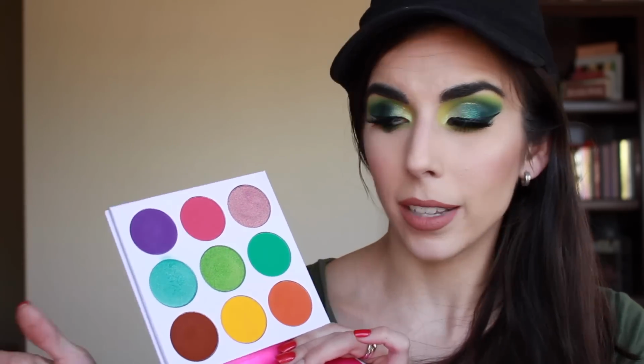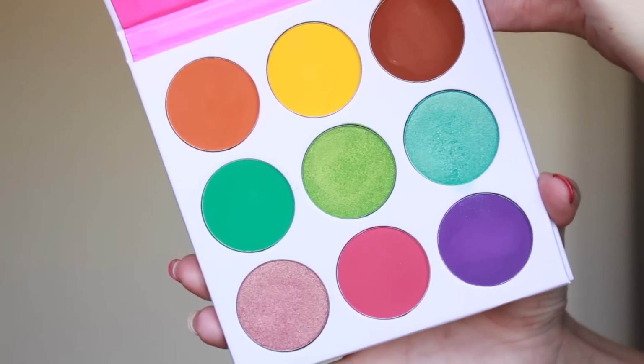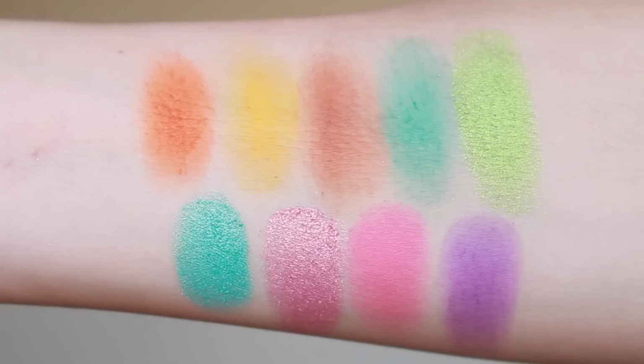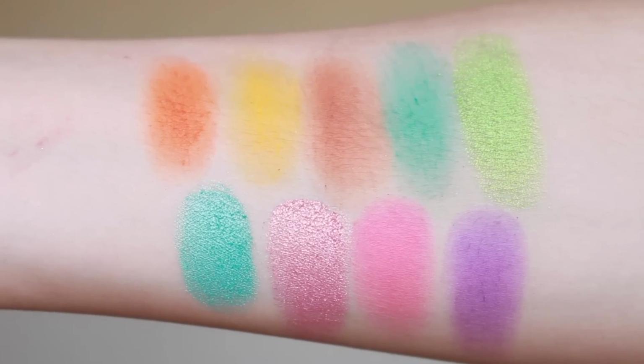Yeah, this is typical Juvia's Place quality. The mattes are very pigmented and they blend very nicely. The shimmers are really pretty. I like that this only has the 3 shimmers and then the rest are mattes, and very colorful mattes at that. I feel like the only issue I had is that I could have created more interesting looks and more variety of looks and more fun looks for me personally if I had another palette to go with this,